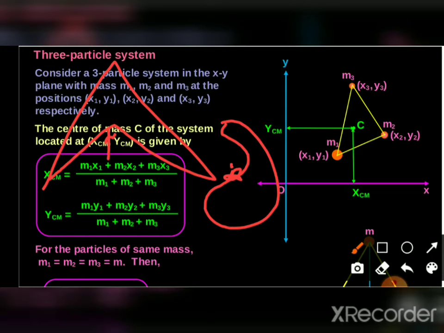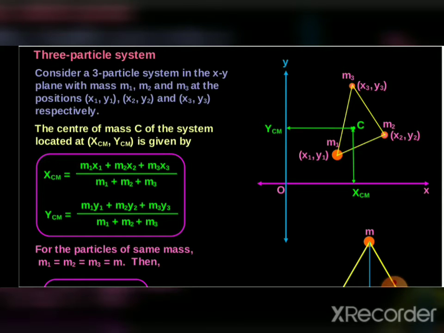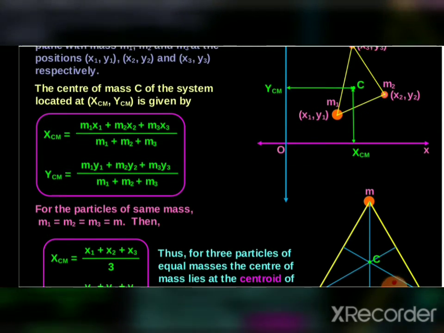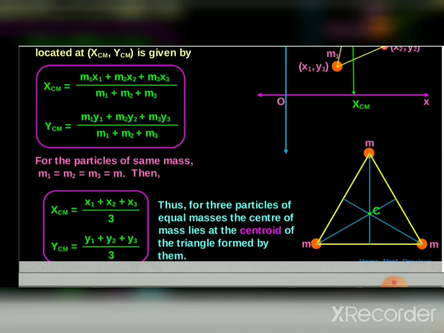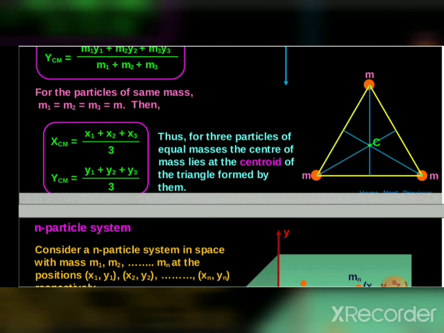So that's why you might be seeing some of the objects hanged in such a way that you are taking a pin or a kind of thin object, placing one point on that and balancing the other object. So that balancing is done because the center of mass is outside of the particle. For three particles it is the same, you can write your x and y terms. Okay, so in terms of m and x, the same formula, summation of xi mi upon summation of mi. Now here in the equilateral triangle you can see it's exactly at the center.